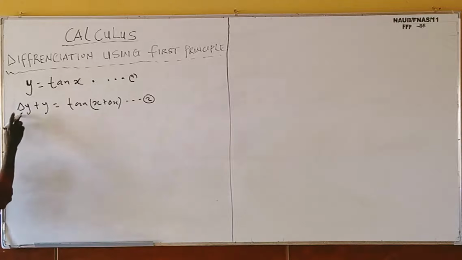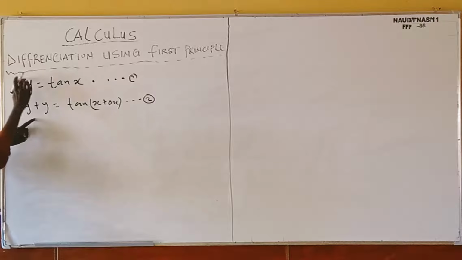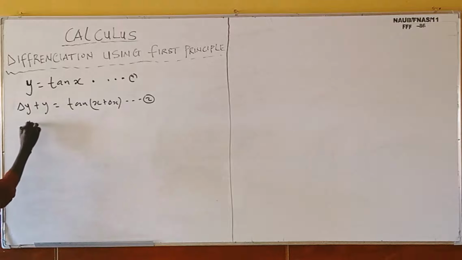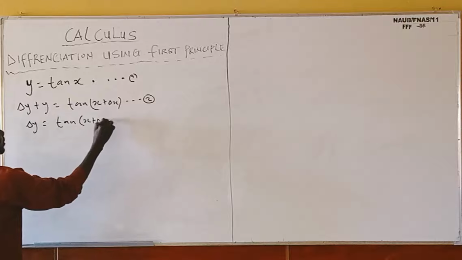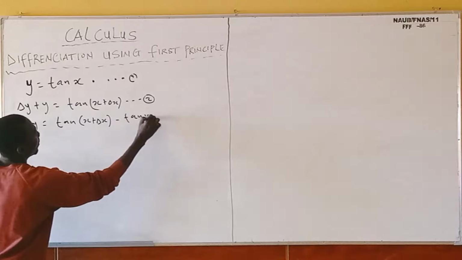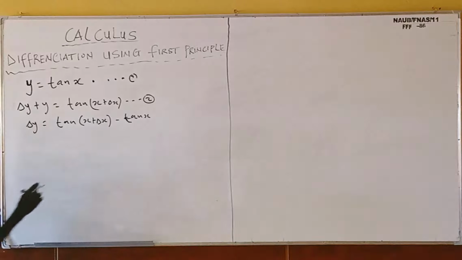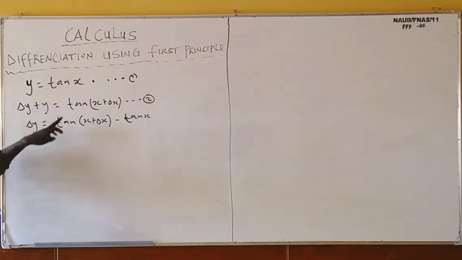Then the next step is you subtract equation 1 from equation 2. If I do that, change in y plus y minus y, y will turn back to y, then I'll be left with what? Change in y, which will be equal to tan of x plus change in x minus tan x. So now, the next thing you do is that this part